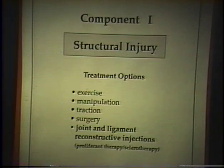Manipulation, of course, is a treatment on that level. Traction, wonderful treatment. Surgery, a treatment that should not be forgotten. And highlighted here, the joint and ligament